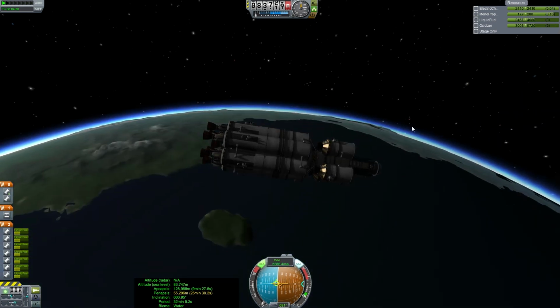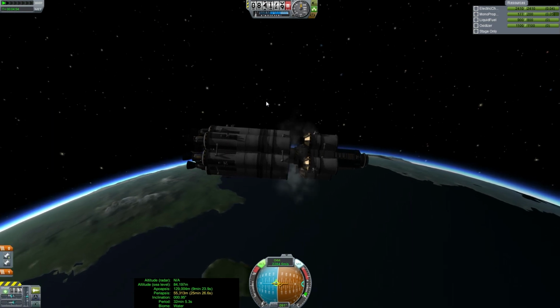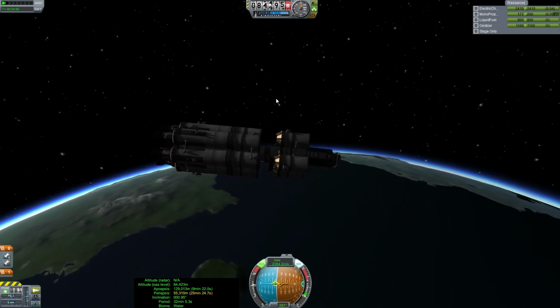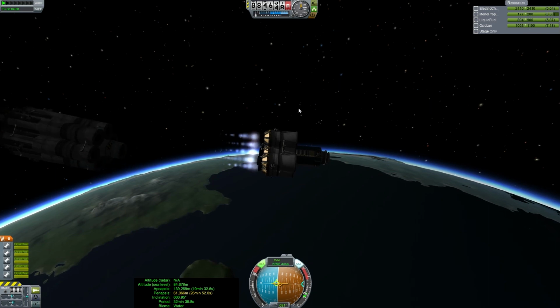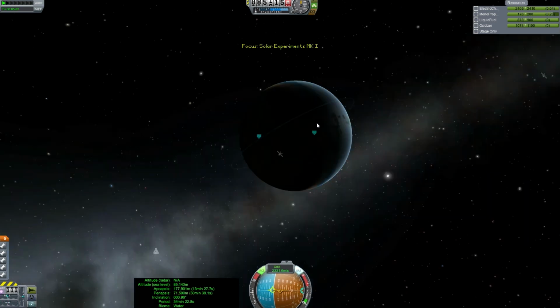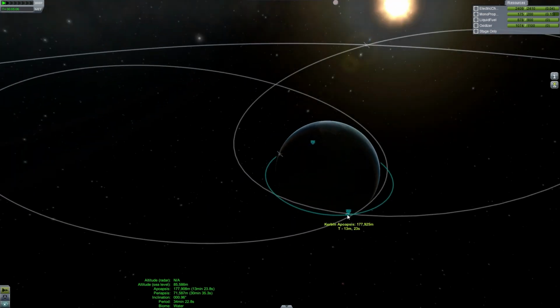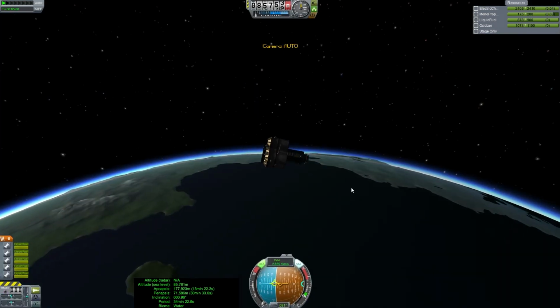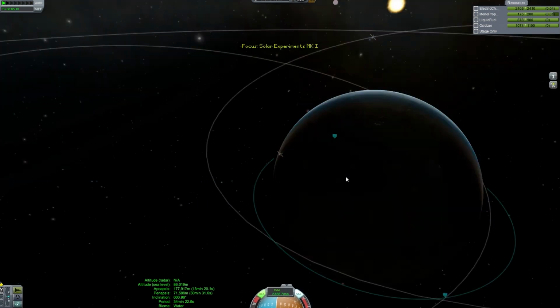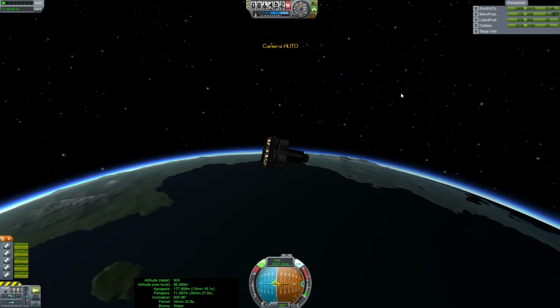Alright, we want this booster rig to get back in the atmosphere, so let's get those up to full throttle. Whoa, whoa, whoa, okay. Let's see, so we need to do an apoapsis. Wow, we really botched that a little, didn't we? We need to round out that orbit a little. But this is our chance. It looks like